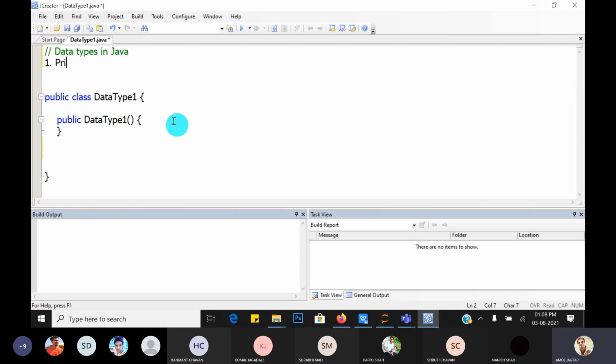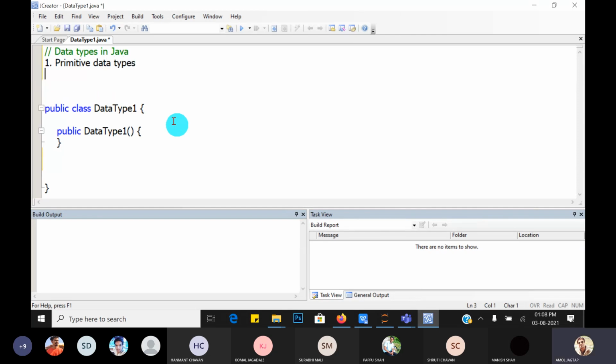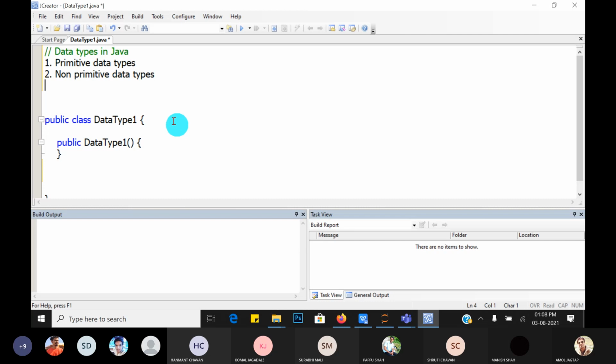First is the primitive data types and second one is the non-primitive data types. Great. These are the basic two types of data types.